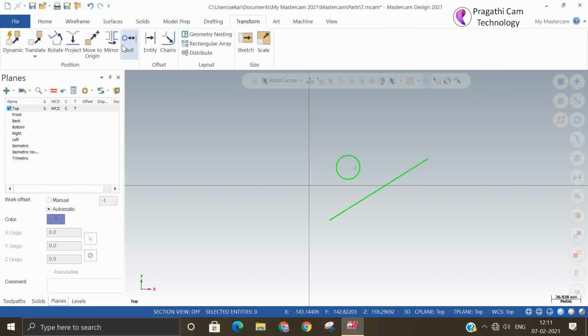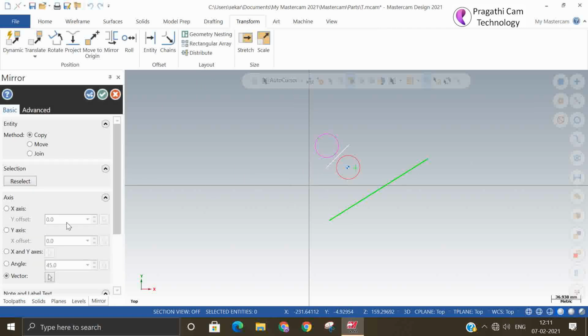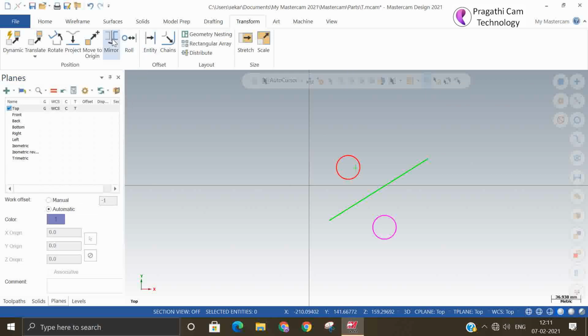Transform mirror. This is a circle about this line. Okay, you can see that the mirroring happened with the line. So like this mirroring you can do in all 2D, 3D, all applications. This is common.